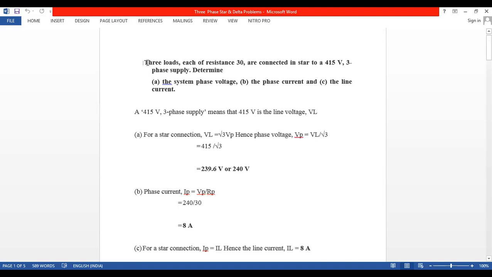Right. Now you see three loads. Three loads means in your house, it can be a bulb, a fridge or a washing machine. Load means any object which takes electric energy. Three loads each of resistance. Now they are saying that all the loads are resistance loads. In your house, there are two types of loads. One is resistive, another one is inductive. Inductive loads means where we have copper wire rotated in circular shape, which creates magnetic energy. Resistive loads means which create heat energy.